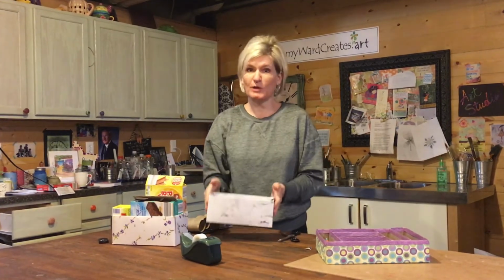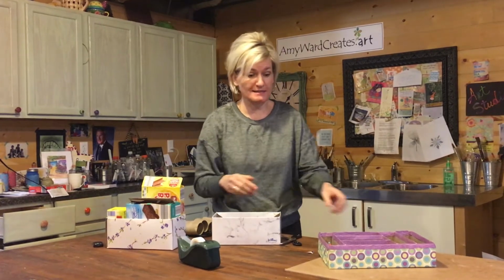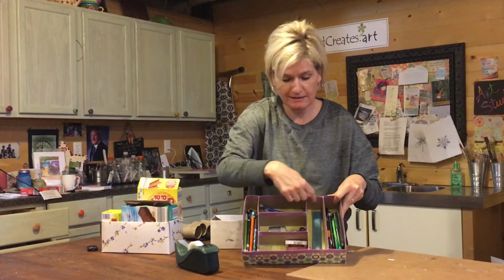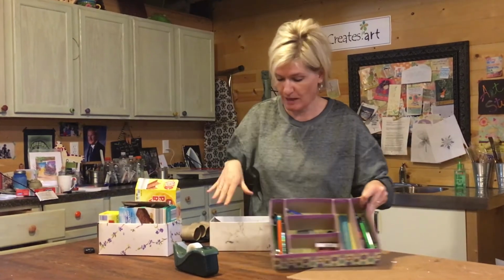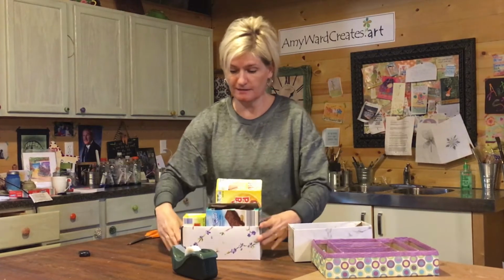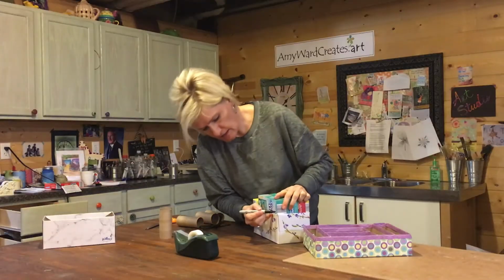Okay, the next part is kind of tricky. It's almost like a puzzle. You take all your boxes and you try to fit them in. So if you look here, this is a separate box, this is a separate box, and they all fit in here. If you look, I've already done this. I've got all these boxes. And I am going